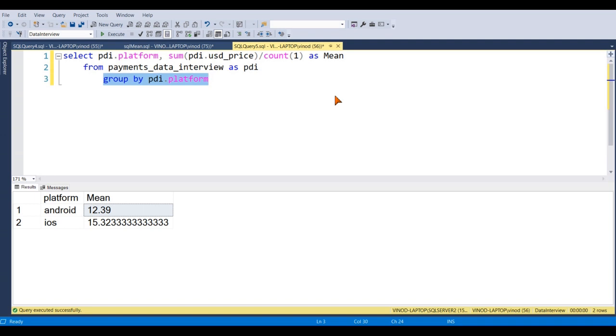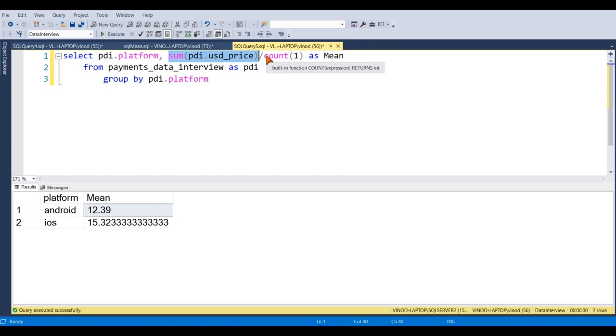For example, first is Android. All data points related to Android will be summed up if you use group by platform. So the first step is the sum of data points. Then the second step would be to divide by the count of data points.